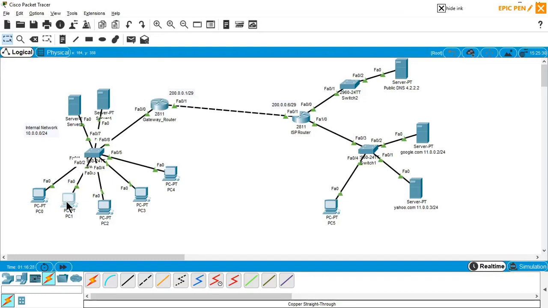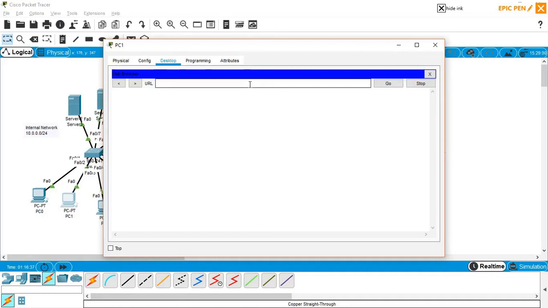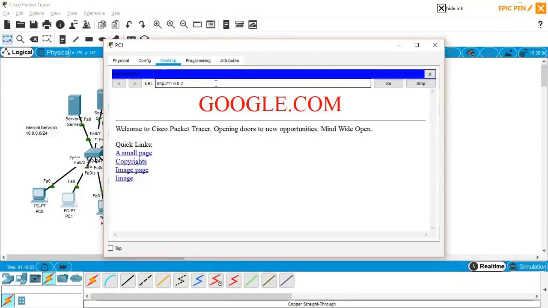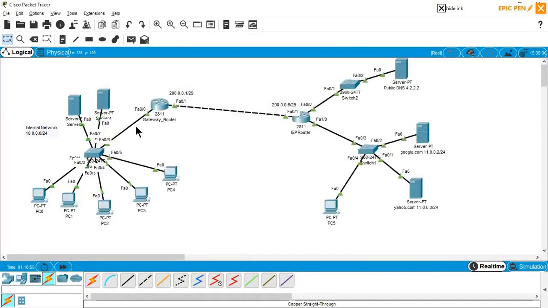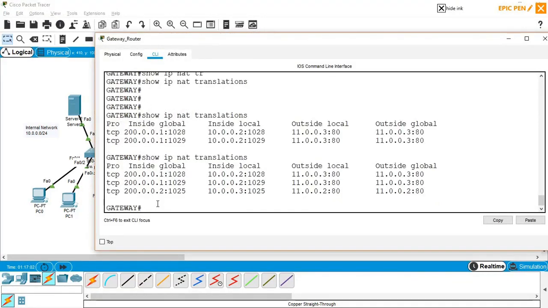I'll go to the next PC, and if I go to the web browser again, and if I say 11.0.0.2, sorry, I'm directly using the IP address because if I use the domain name, they will again take time to resolve it and come back, and then there will be multiple statements. So let me go to the router, and if I put show ip nat translation, you will see that